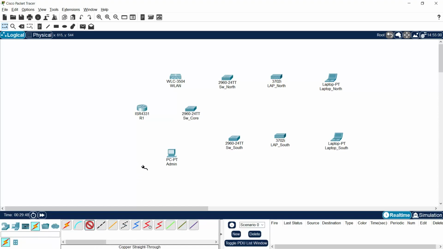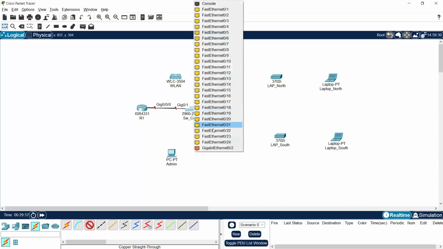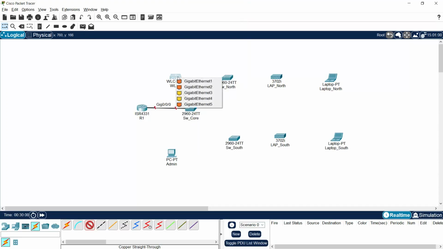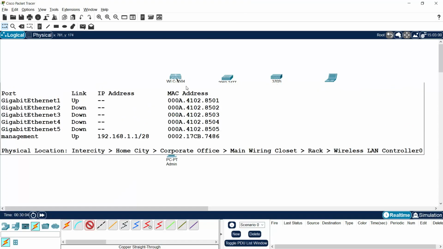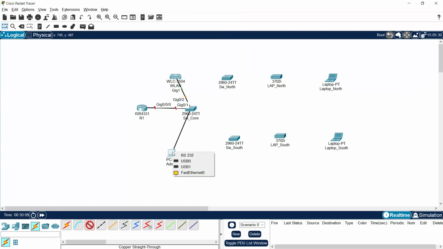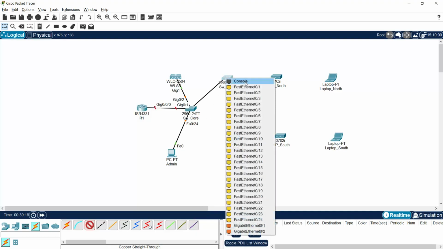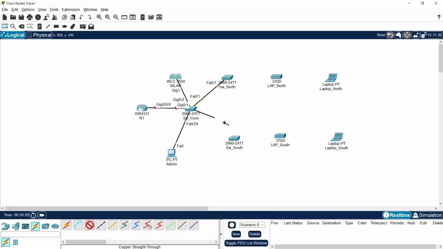So now I am going to connect from R1 G0/0 to G0/1. Then from G0/2 to WLC, we'll connect to the first port on the WLC. Also, we'll connect our admin here. I will connect FA0/24 to admin. Then we will connect to north and south, to FA0/1, FA0/1, FA0/2,